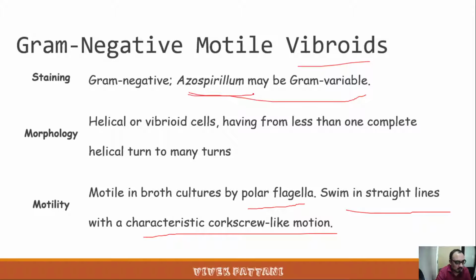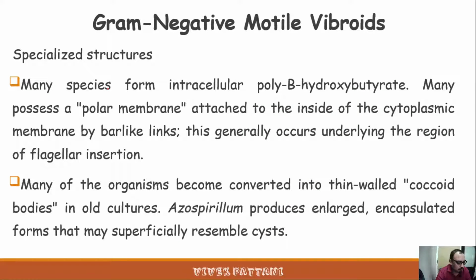Azospirillum is gram variable, but the other bacteria are basically gram negative. Okay, there are always exceptions in any of the classification groups. There are always exceptions. And the specialized structures which these gram negative motile vibrioids have is basically they form poly-beta